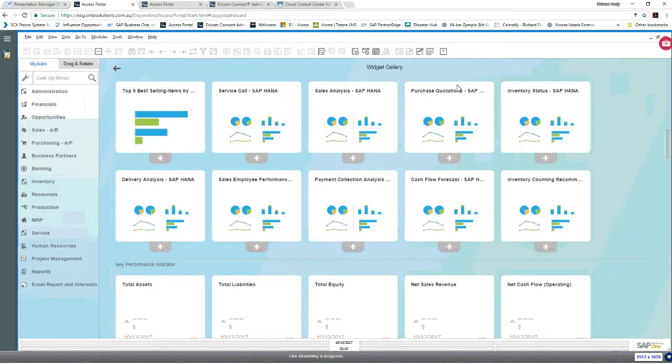However, if you're working with really large amounts of data, you're going to see a huge performance enhancement when you're running on SAP HANA. Now, that's because HANA, by default, runs as an in-memory database.